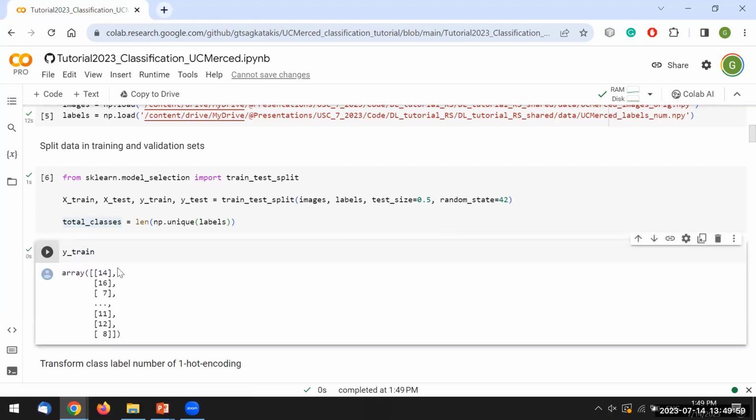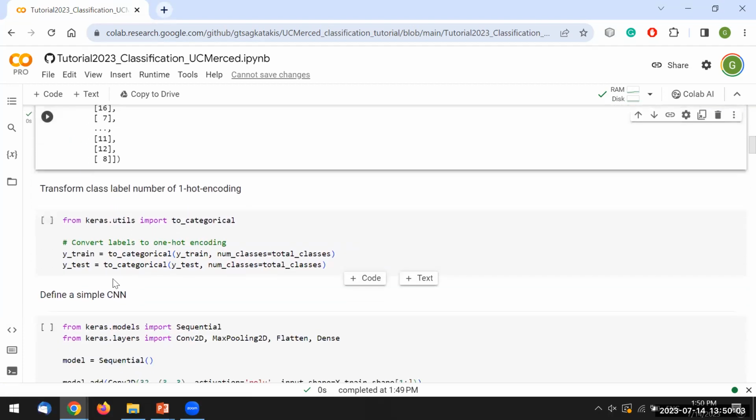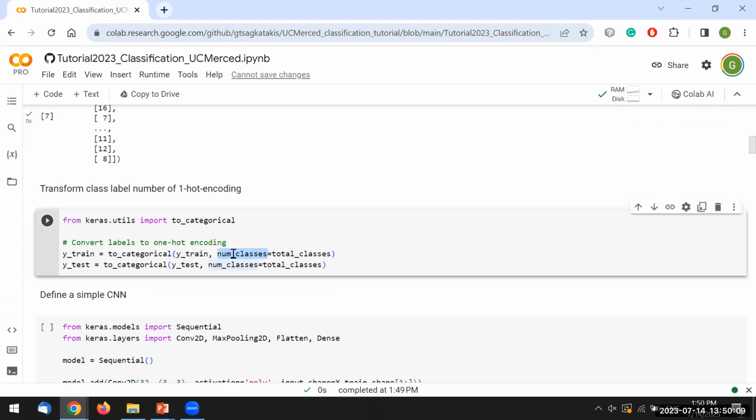Right, so you see, this is the training. Image 1, class 14, then class 16, then 7, then 11. I want to translate them to vectors, and I want to know the maximum number. That's why you need the number of classes. You need to know, if I say class 3, out of how many? So you do that, and then your training data